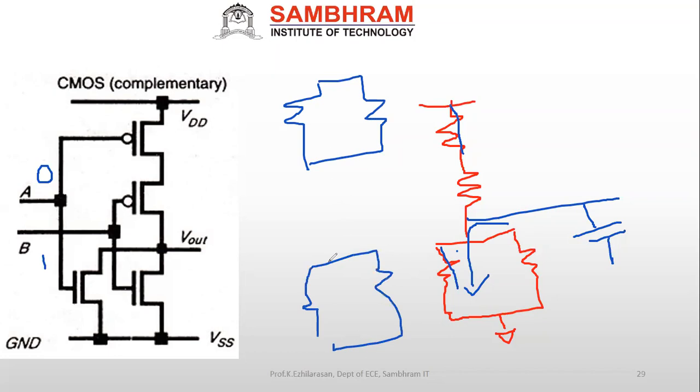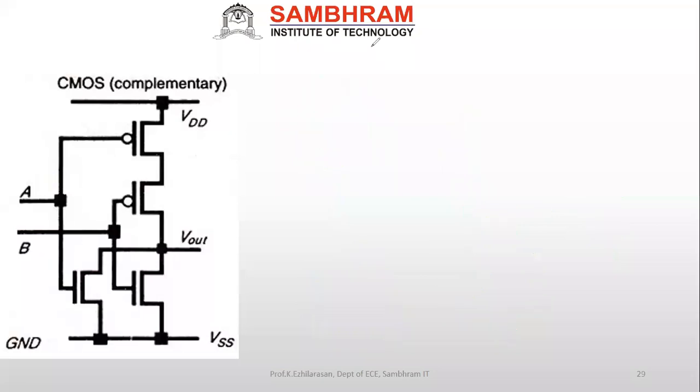Correct. So now what will happen when I use the same logic at a time? The timing I'm getting for NAND in the NMOS, that is the discharging period, the same amount I will get for the NOR gate in the PMOS. That is why the ratio should be matched for these two. That is very, very important.